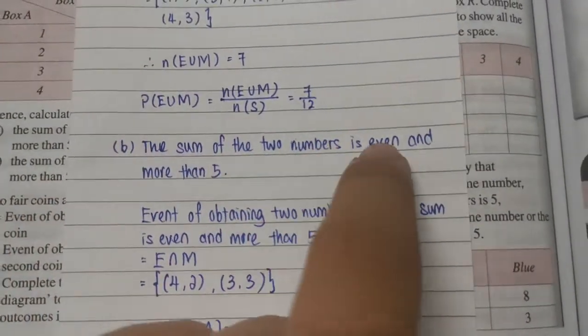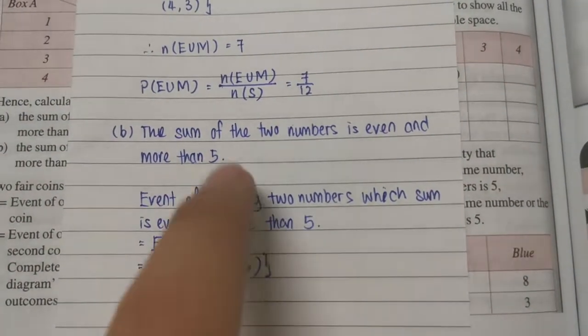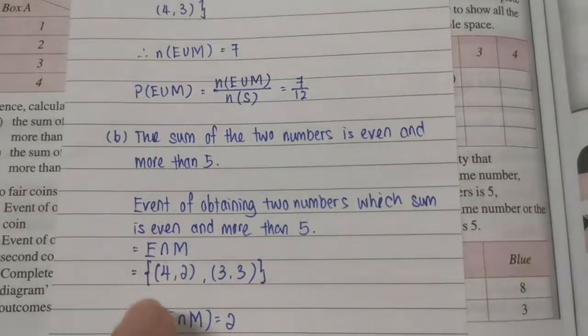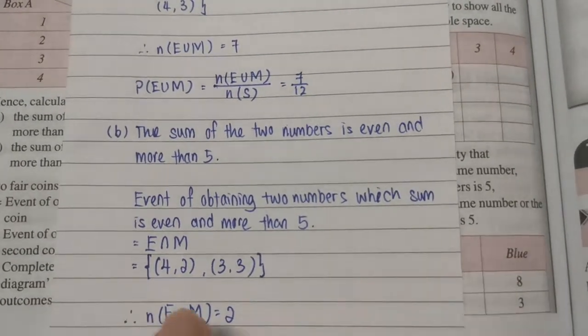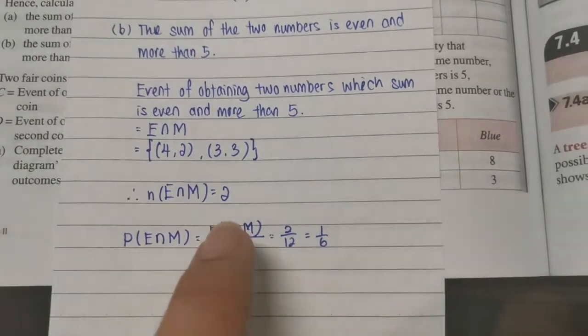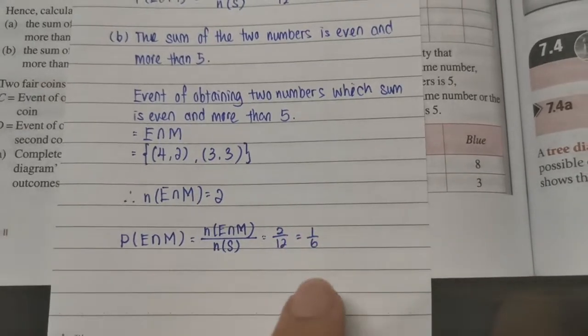So the sum of two numbers is even and more than 5。所以是 E intersect M。So 我只有两个，so number of E intersect M 就是2。So probability of E intersect M 就是 number of E intersect M 除以 number of sample space，2 over 12 等于 1 over 6。